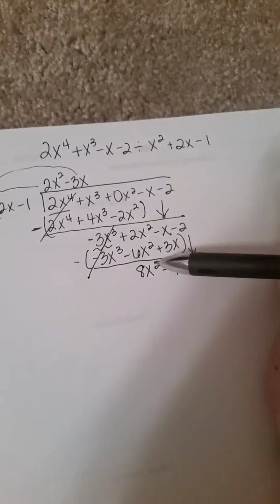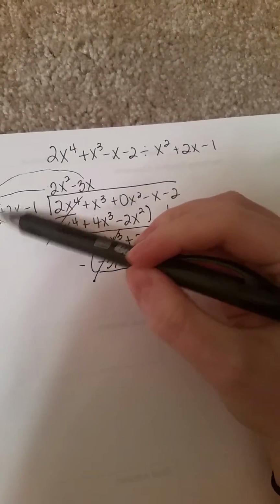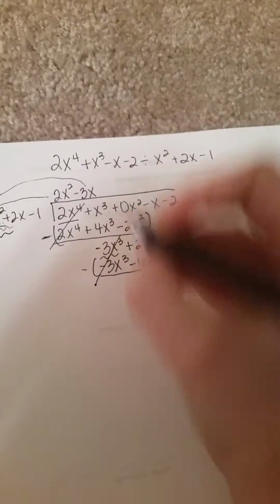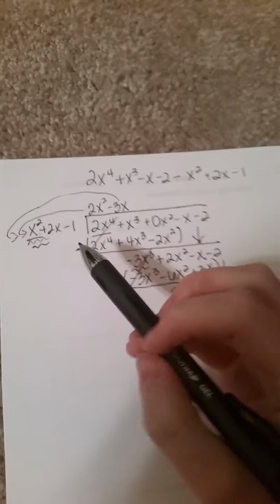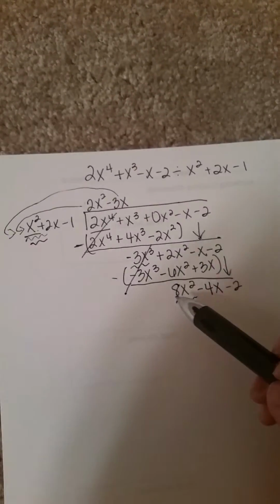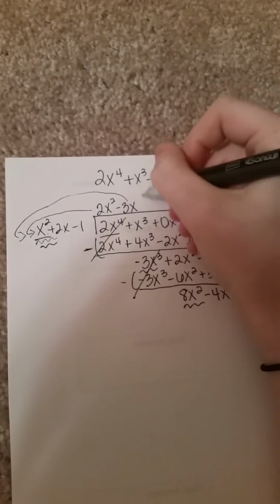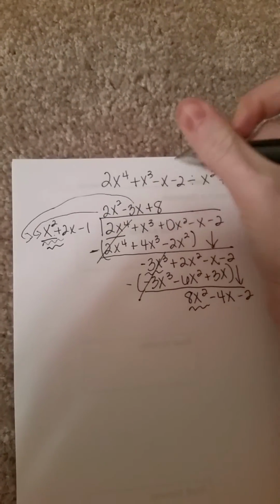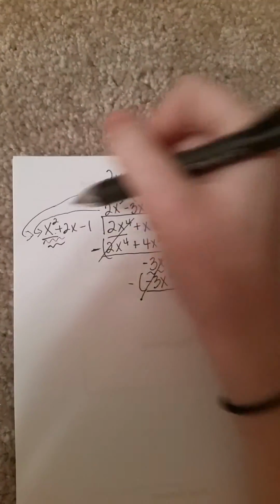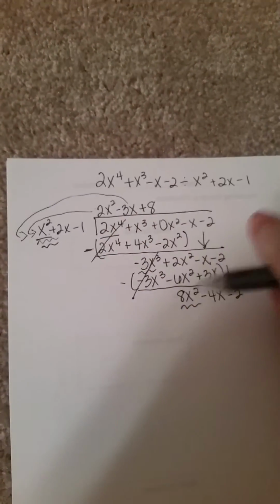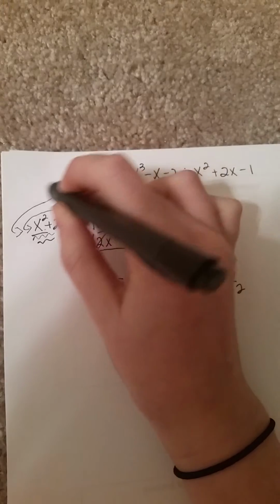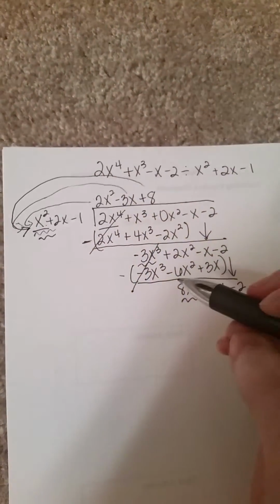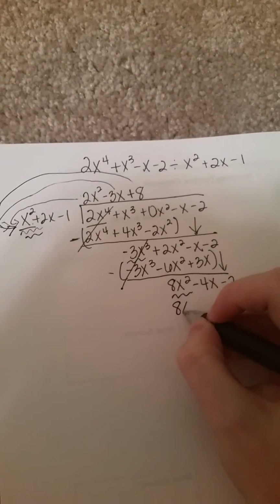Now I got to figure out what times x squared. So again, I'm looking at this one, then I'm looking at this one. What times x squared would give me 8x squared? Well, an 8. So just to check, 8 times x squared, yep, that gives me 8x squared. So I'm going to take that and multiply that all the way through over here. That's going to give me an 8x squared